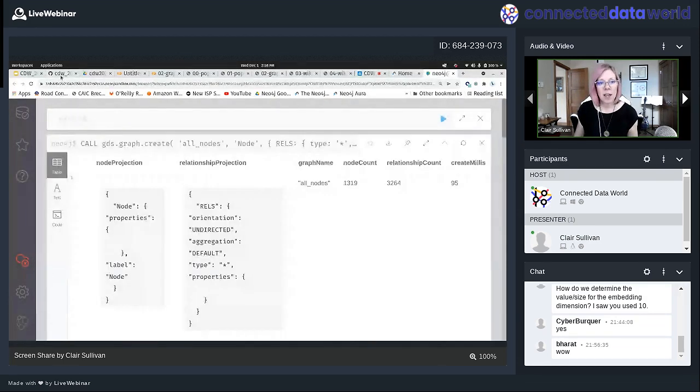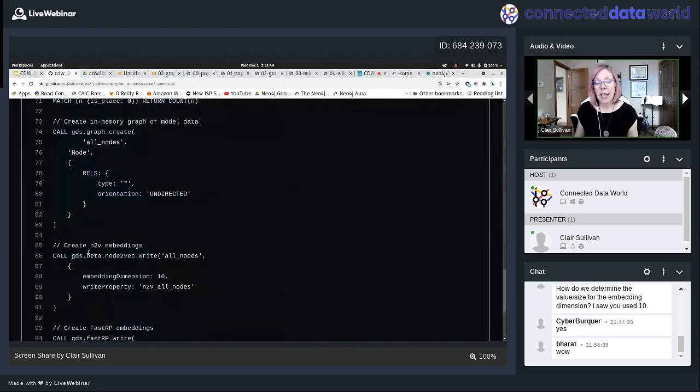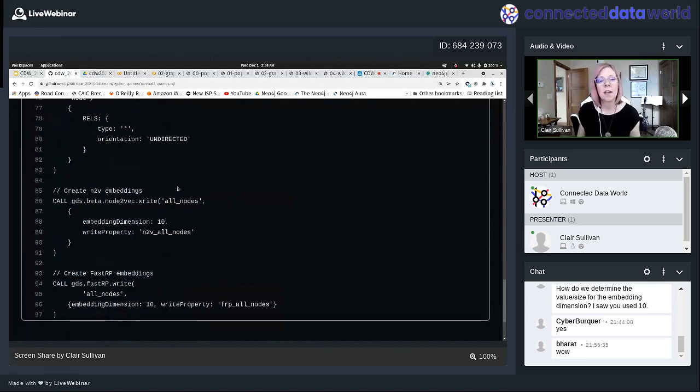One of the things I will tell you is that creating these in-memory graphs can get very sophisticated. And I'm going to show you a link at the end. It's also linked in the repo. I do an online video series called Bite-Sized Neo4j for Data Scientists. And the goal is to provide every week one 5-minute video showing how to do one concept within Neo4j. And I have a few videos on how to create these graphs. So, don't worry if this syntax isn't quite making sense.